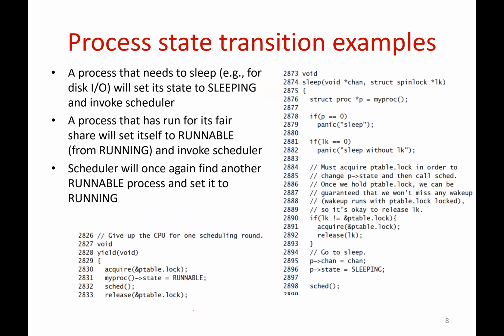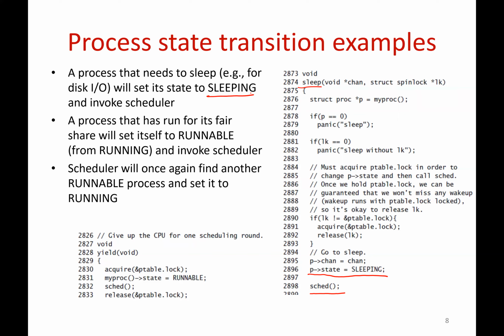Now, once the process is running, suppose the process has executed some instructions and it needs to make a blocking operation. It needs to go to the disk or something. In which case, here is the function that the program will invoke. It will call sleep. So this function will basically set its state to sleeping, and it will call back to the scheduler again saying, I have to sleep. I'm waiting for some disk operation. So the process will set its state to sleeping, go back to the scheduler, right? That is one example of a process state transition. A process that needs to make a blocking operation will set its state to sleeping and go back to the scheduler.